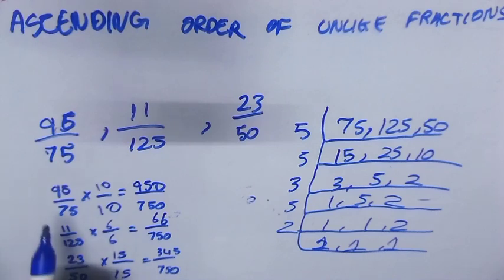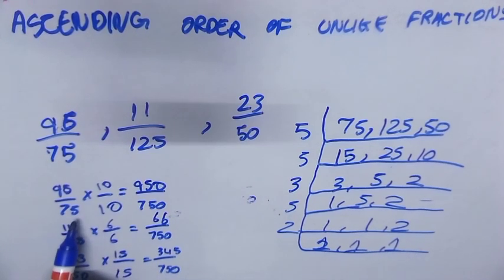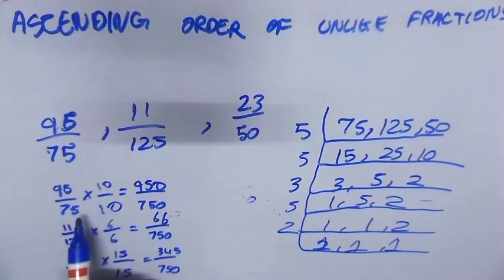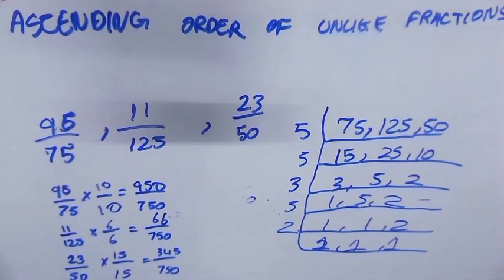Now 96 by 75 into what equals to 750? That is 10. So I write 10 here. As I am multiplying 10 with 75, I must also multiply 10 with this 96 here. So that would become 960